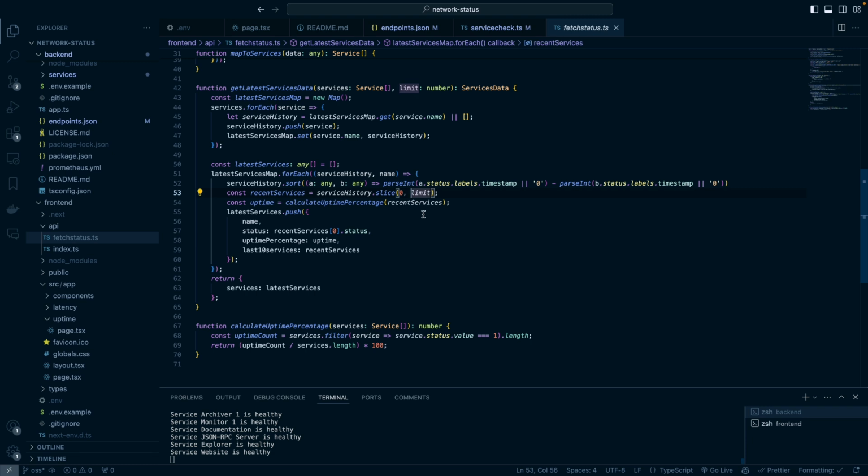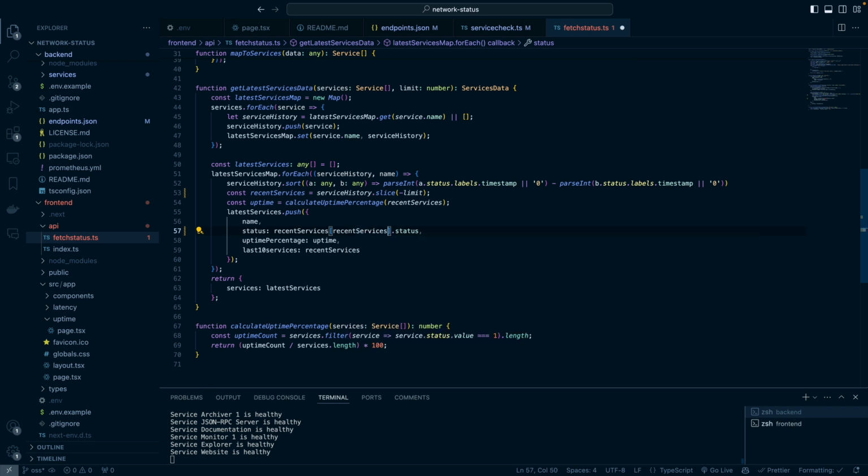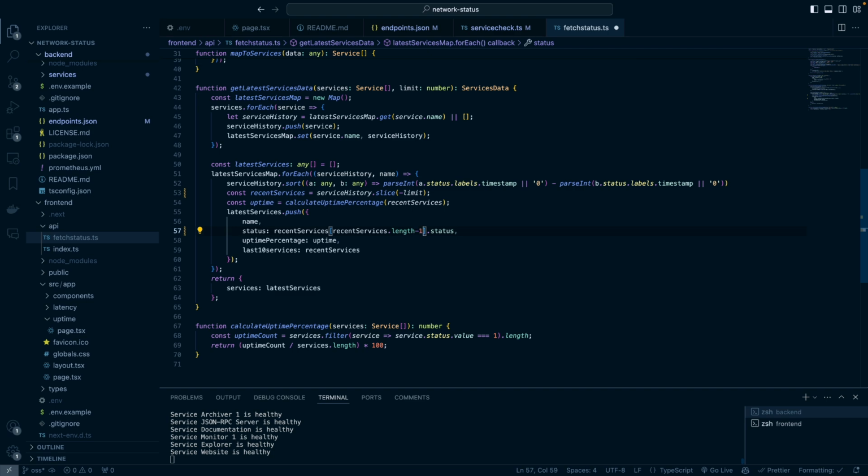Slide 0. Yeah, I wanted to see if I made this a negative limit, if it will pick the latest one out of the queue for me. And then for the status, I want to see if instead of choosing the first one, I use the last item or the most recent item, if it can better update my status. So let's do recent services dot length, then minus 1. Okay,